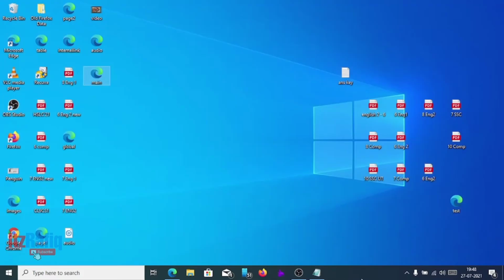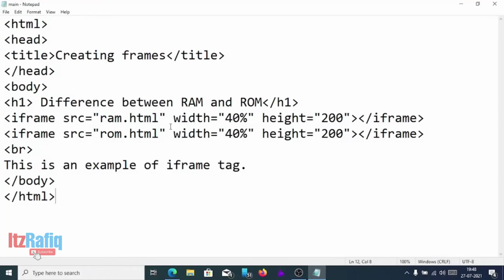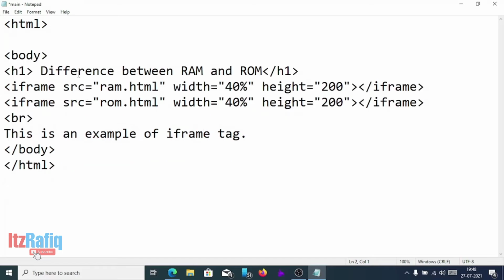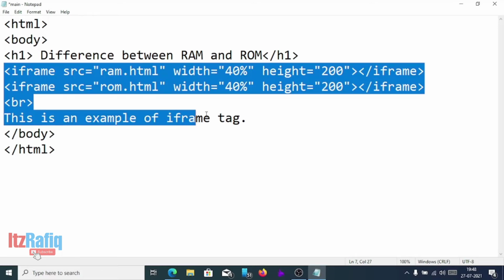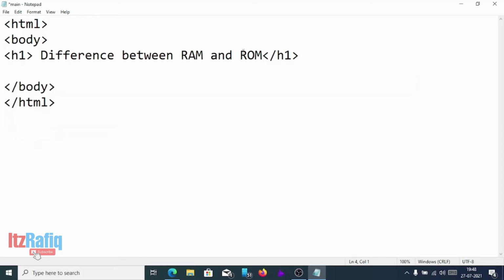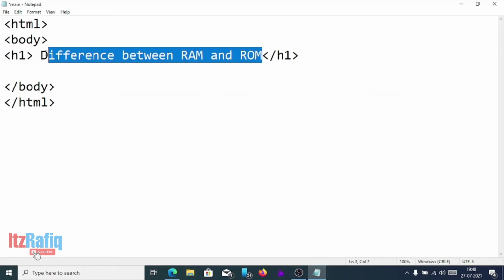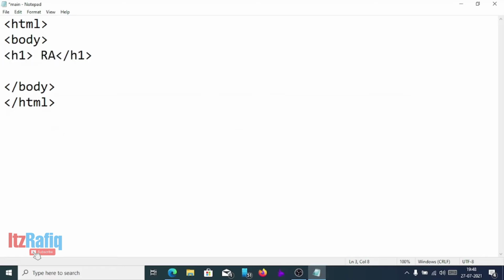So now we'll create the sub pages, ROM and RAM, these two pages. We'll cut the unnecessary part from this document. We will not require the head part for the sub pages, or the iframe part here. So here we'll just write RAM, and now I will write in points: ul, li, random access memory.